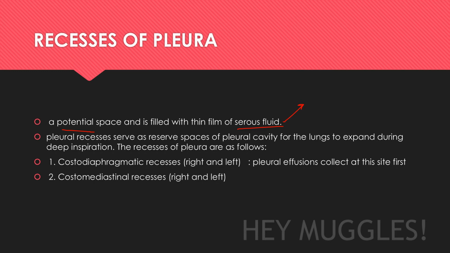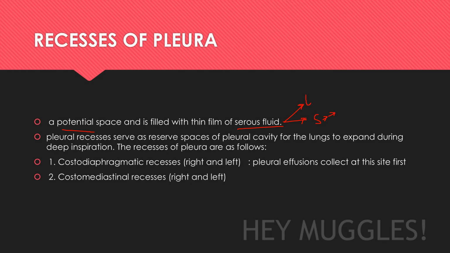The serous fluid produces a surface tension by pulling the parietal and the visceral pleura together, so that it ensures whenever the thorax expands, the lung also expands by filling the air, right? So firstly it is lubricating, that we already know. Secondly, it is producing a surface tension between the visceral and the parietal layers, so that whenever the air is inhaled, the thorax expands, and as a result the lung would also expand, right?